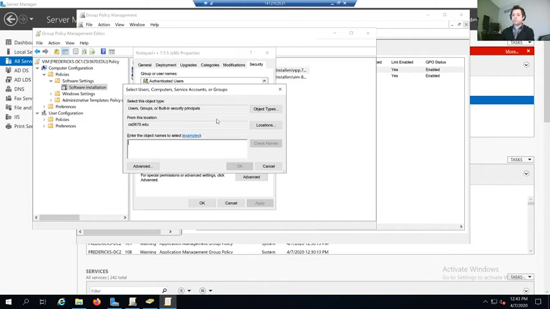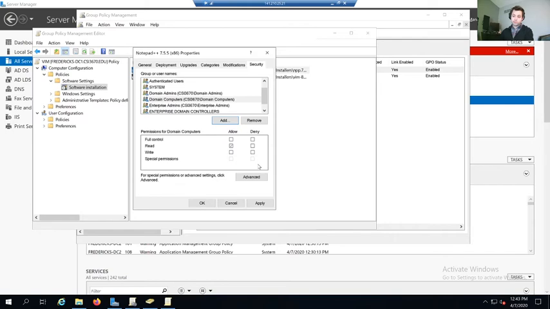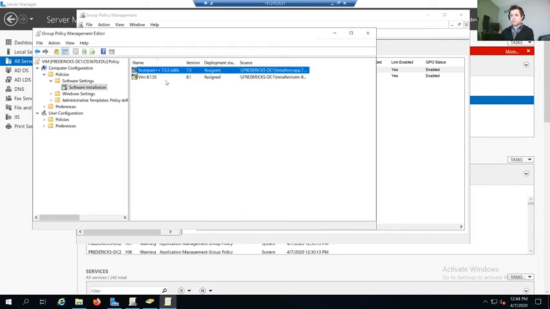Now let's add domain computers in here just in case. If this works during class, I'll be ecstatic, by the way. Enterprise domain controllers, system, creator owner, I don't know who that is, but sure. The other thing in here too is there were some options for assigned versus published. If you assign it, then it will be forced to be installed. If you publish it, then a user could go into the add remove programs option and install it manually. But we want everybody to be forced to use this.